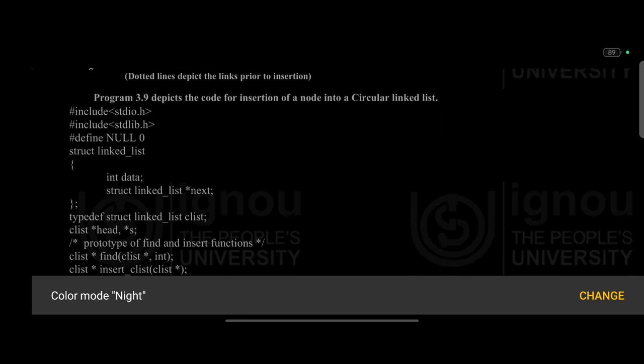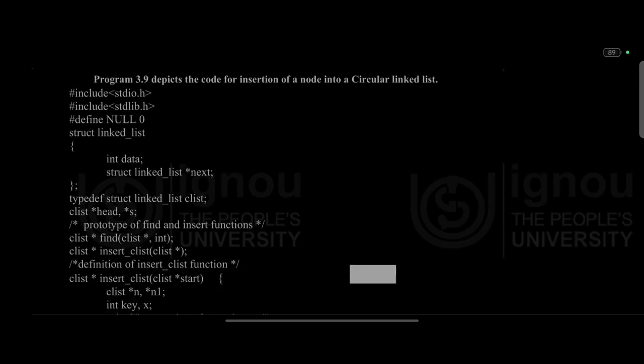Now comes Program 3.9, which depicts the code for insertion of a node into a circular linked list. #include <stdio.h> #include <stdlib.h> #define NULL 0 struct link_list { int data; struct link_list *next; }; typedef struct link_list clist; clist *head, *s; as prototype of find and insert function: clist *find(clist *, int); clist *insert_clist(clist *); definition of the insert_clist function,